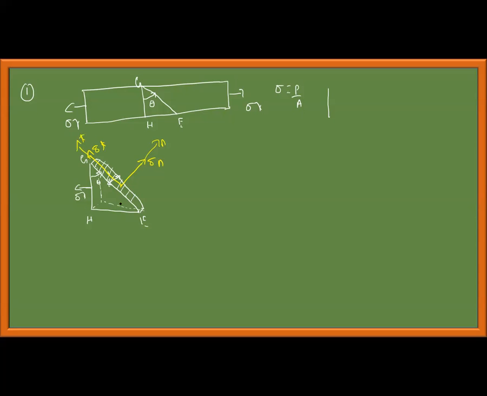For equilibrium, when I take a plane, there are two stresses induced. One is the normal stress and the other is the tangential stress. There is also one more stress, that is a shear stress. Since we are talking about 2D, we're confining ourselves to normal and tangential stresses only. So we should remember that whenever I take a plane at a certain angle, along the length of the plane there is one stress induced called tangential stress, and perpendicular to that plane there is one more stress induced called normal stress. Okay, keeping that in mind,